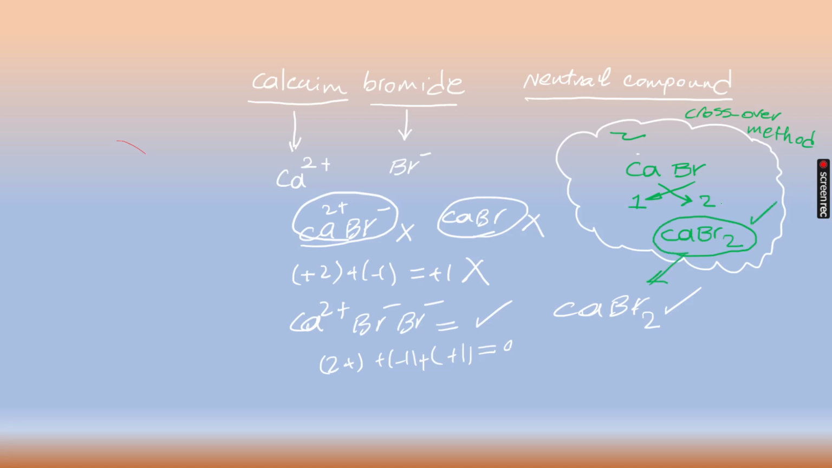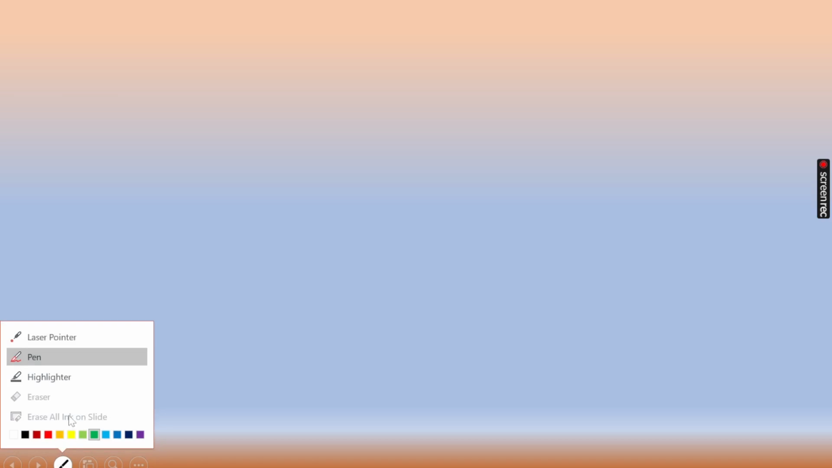It's a very easy way, and it can create like this. So this one is okay. So we use the crossover method. It's a very simple method for creating a neutral compound. Let me bring some more examples. For example, another question it says,